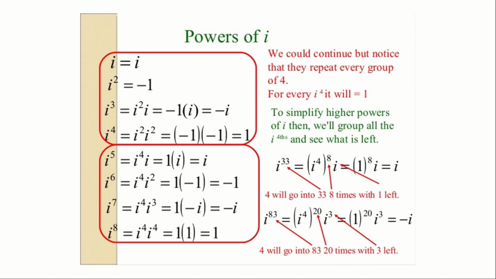In the same way, i to the power of 83 is given. So we can write this as (i^4)^20. That is, 20 times 4 is 80, and i to the power of 3 is there. 80 plus 3 is 83. We know that i to the power of 4 is always 1. So 1 to the power of 20 is always 1 itself. So 1 times i^3. So i to the power of 3 is always equal to minus i. These are the things we need to keep in mind.